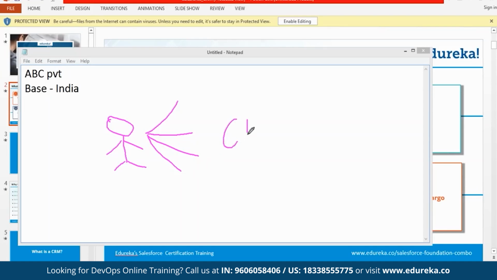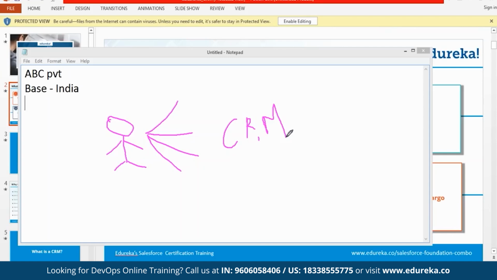Now you must be thinking CRM means customer relationship management. Why are we talking about partners, marketing, forecasting? CRM, as the name suggests, is customer relationship management, but the relationship with your customer will bring lights to your business. There's a famous magazine in the US, we call it Forbes magazine. You might have heard about the Fortune 500 companies, and they always give some kind of list. They are famous for that.